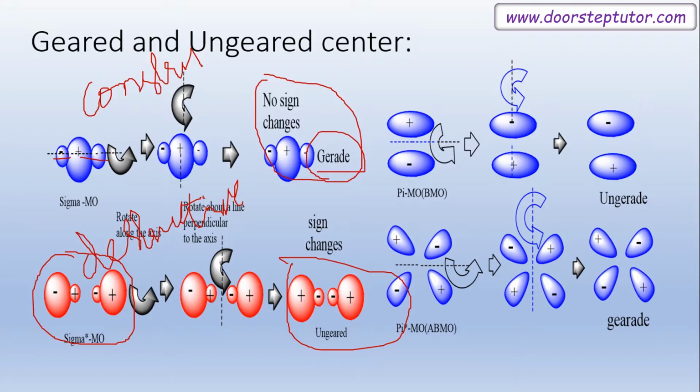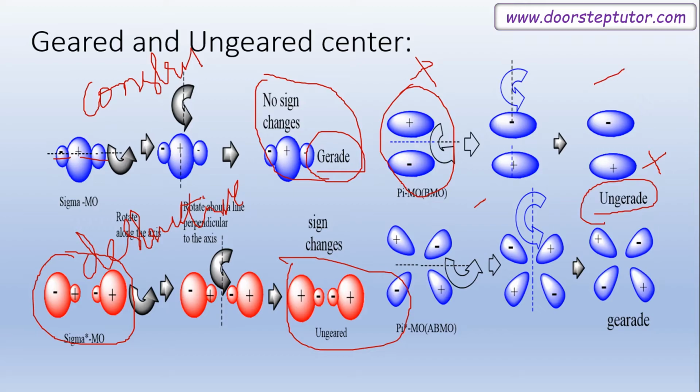Okay. After the rotation, here you can see the original lobes. The lobes have plus and minus: this is the plus, and this is minus, right? After the rotation, the plus becomes minus and the minus becomes plus. So after the reflection the wave function sign changes, meaning it is ungerade, right? Clear, student? If the electrons are in a pi molecular orbital, then we write ungerade only. Okay. So this is the anti-bonding molecular orbital.